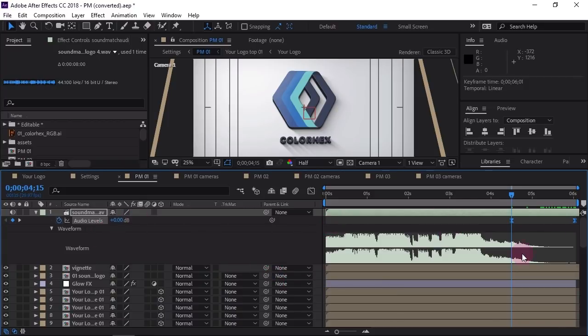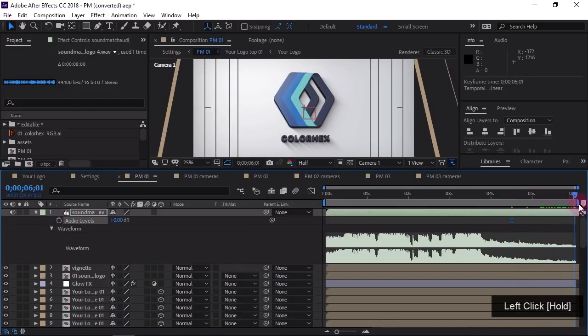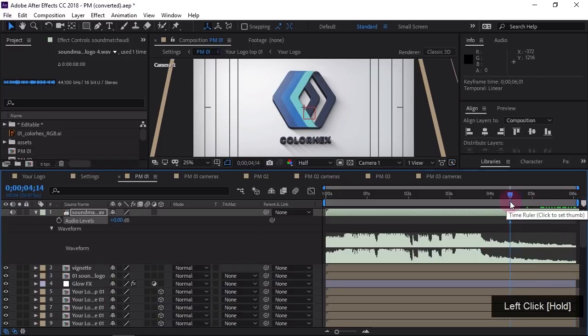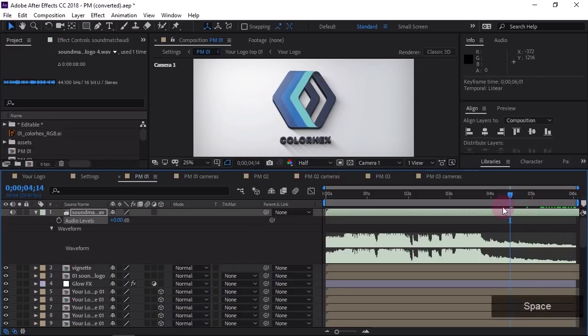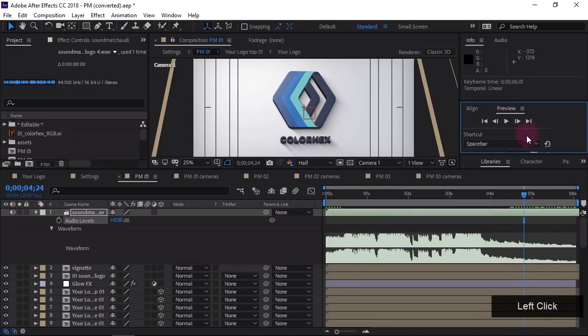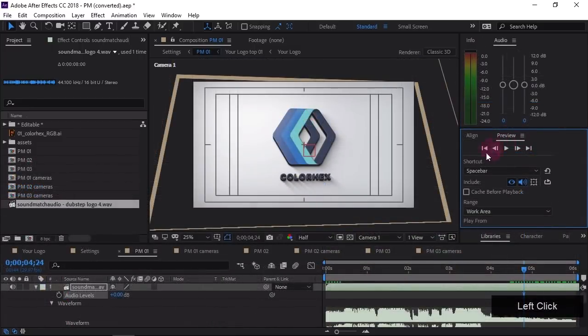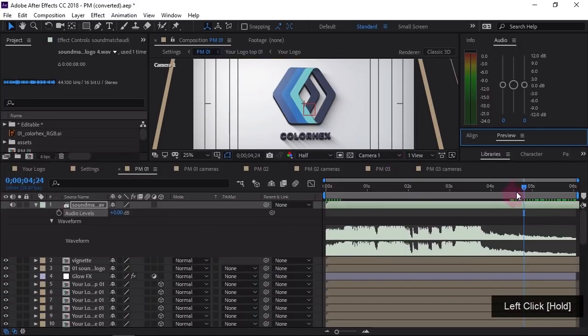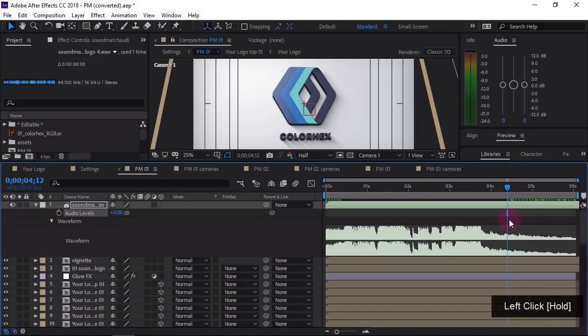Without fading that out, if I just delete all the keyframes by clicking this stopwatch, you can see that when it gets to the end, there's still going to be audio there, and it's going to sound kind of clunky. Let me just play it from here. It automatically loops. I'm going to make it not do that. If I go to the preview panel right here, I can just click that once, and that will set it to not loop. And so now if I play from this point by hitting spacebar,